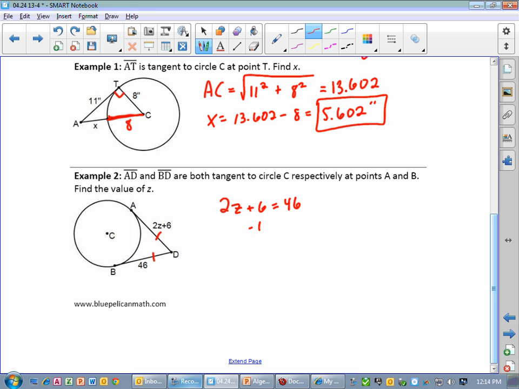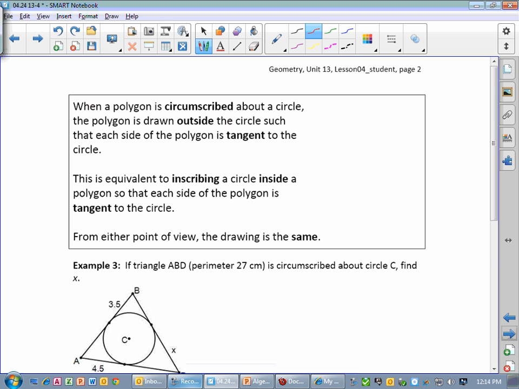We can subtract 6 from both sides. So if 2z equals 40, then z must be 40 divided by 2. Which is 20. So these are the two primary theorems we're going to use for the tangent lines. A couple of